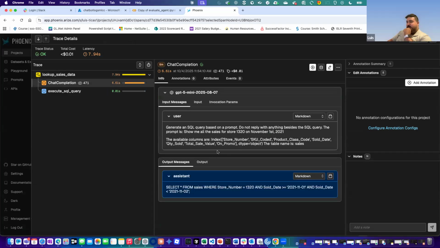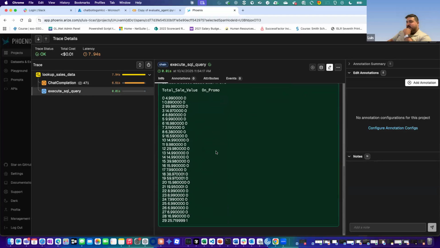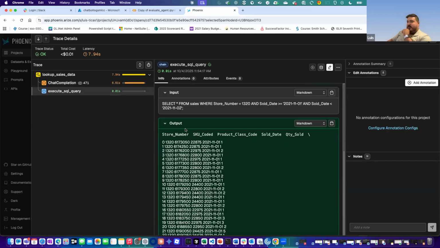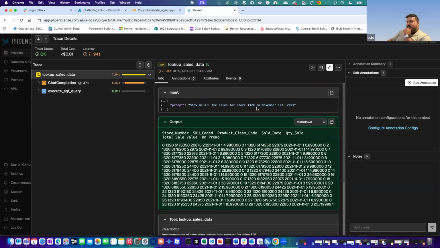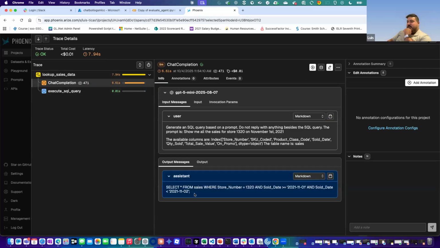Then it generated the SQL function, select stores from and so on, because it's able to understand that execution. And in the end, it was able to produce this table from the SQL function as a response. So when you asked, show me all the sales, it produces this table showing you all the sales information. And the whole point of having this set up is to see, okay, did it mess up